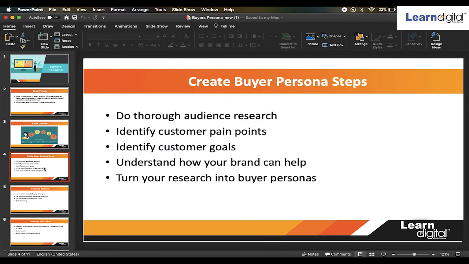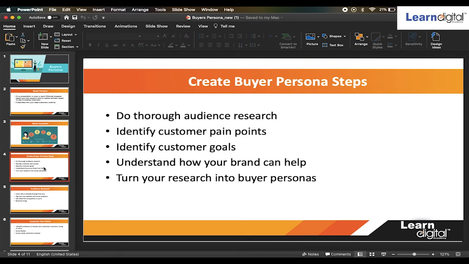So let's go one by one and find out, how do we create a buyer persona? Well, you need to do very thorough audience research, which you can do in multiple ways. You can either walk up to the people, or on Facebook especially, you have audience insights where you can see what the people are actually interested in. Are they more into food? Are they more into healthiness, or do they want to move towards another career? Are they into education or not? You identify such things through thorough audience research,